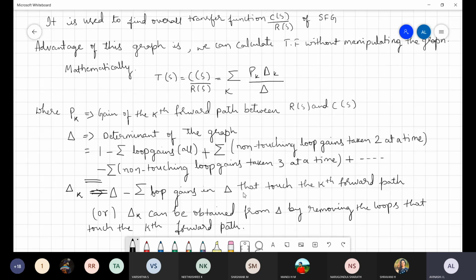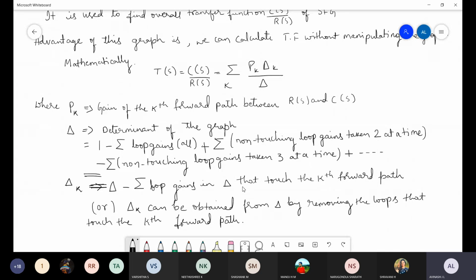So let us consider now. In this particular scenario, let us consider P stands for what? Forward path. Let us consider in the given signal flow graph, like yesterday, there are two forward paths. So at that time, P value will be taken as P1, P2. So here delta K value will also come like delta 1, delta 2. So the equation will become like summation. Here not summation will come, directly we will get P1 delta 1 plus P2 delta 2 divided by delta. So this is how we are going to find out.